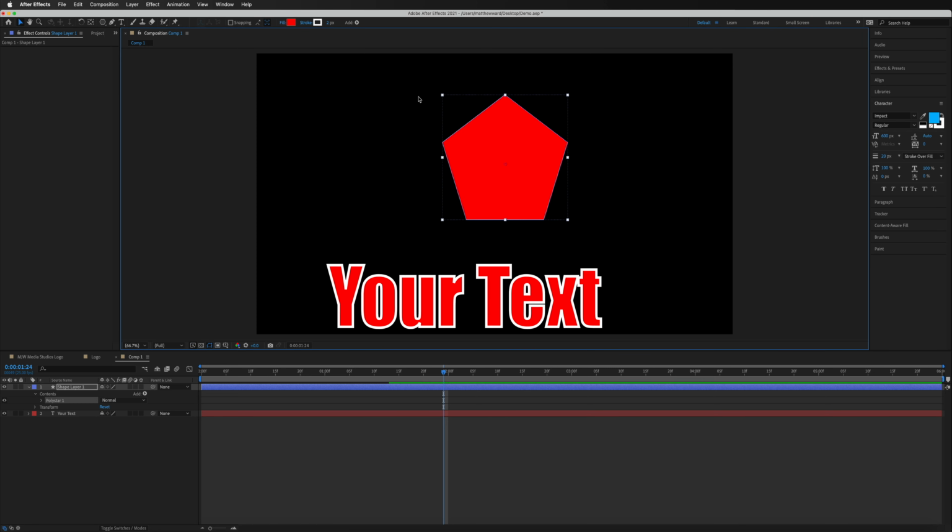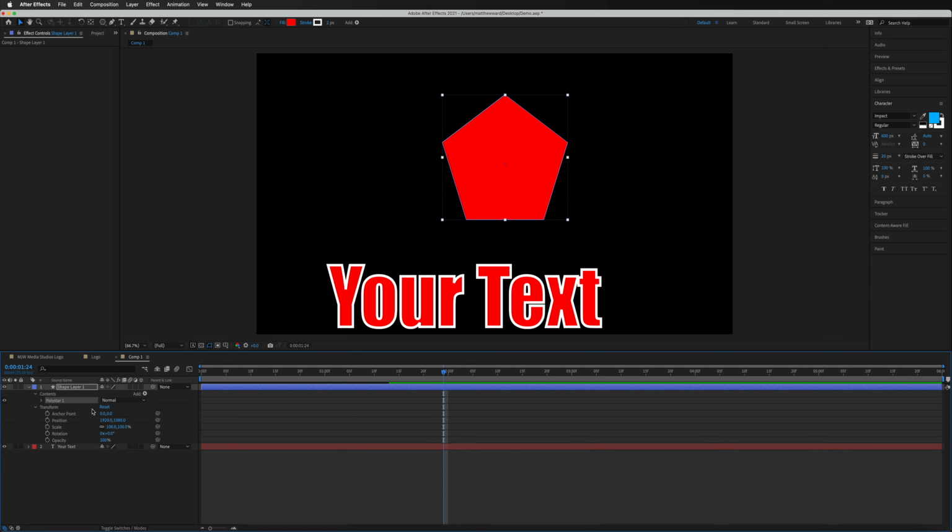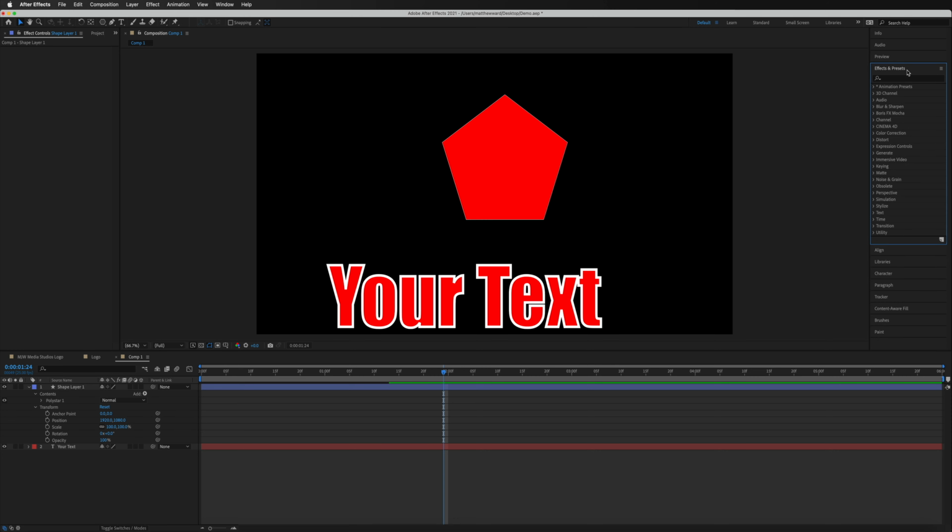So just like anything else that we've animated so far, we can just go ahead and open up the transform menu and do all the same things that we've already learned. Or alternatively, we can go back up to the right hand side once again and select our effects and presets. And it's just a case of going through all of these and finding something that you like. But as a starting point, if we open up animation presets and we find shapes right there, there's going to be a few options that we can use inside of here.